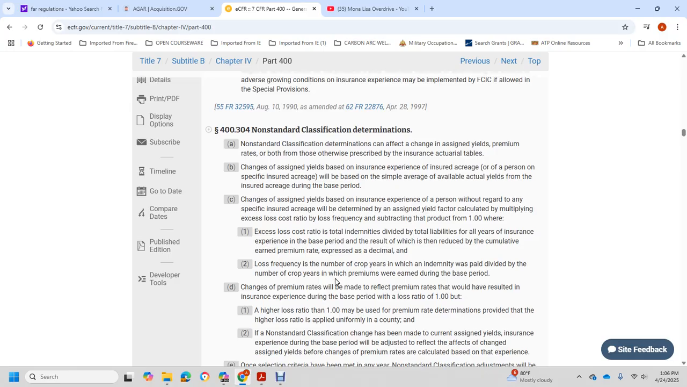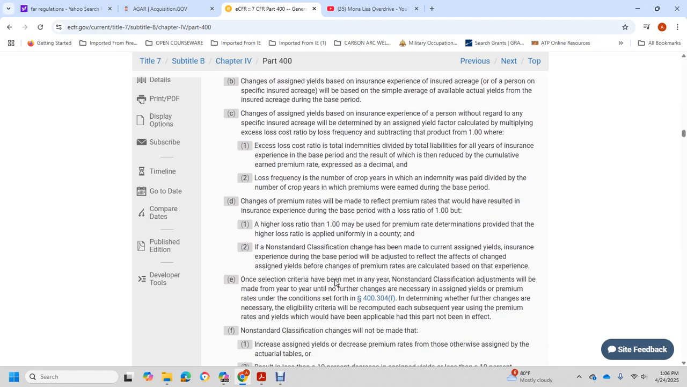premium earns the room with the base period, with the change with the premium rate, will be made to reflect the premium rate that would result of the insurance premium data during the base loss ratio of 1.0. With the higher loss ratio of the 1.0, with the premium rate determination provided with the high loss ratio, applied uniformly with the counting non-class and standard classification change, made with the current assigned year with the insurance, with the extreme discount base period, adjust to reflect the effect with the change with the assigned